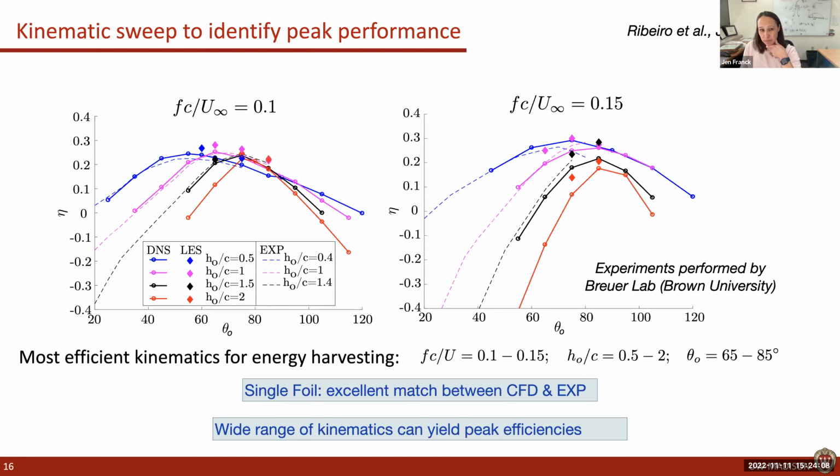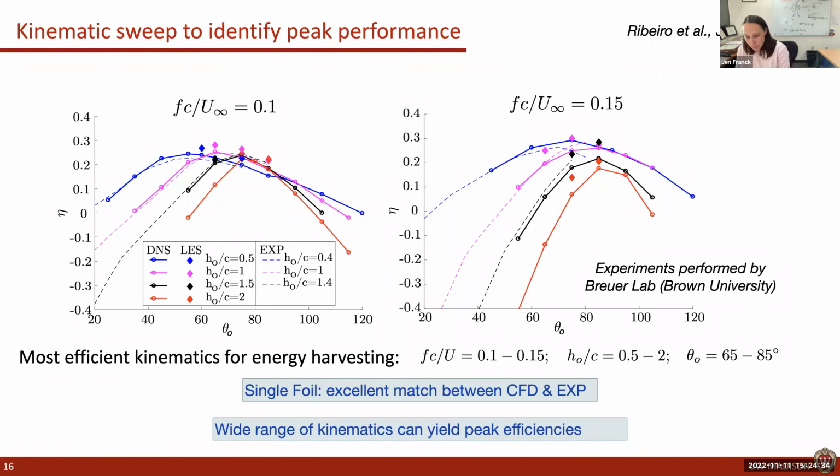You have a range of parameters that you can generate energy in. You don't have to hit one specific narrow regime. And you're also seeing that there's not much variability between the low Reynolds number simulations and the higher Reynolds number simulations and experiments. So not only are we showing an excellent match,